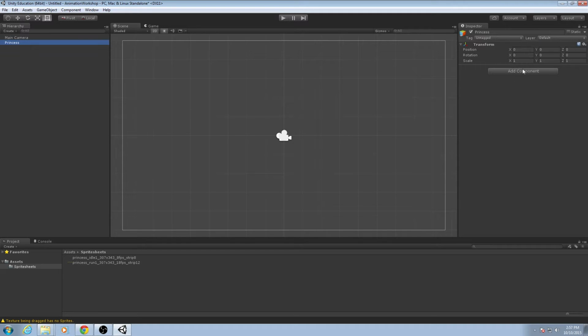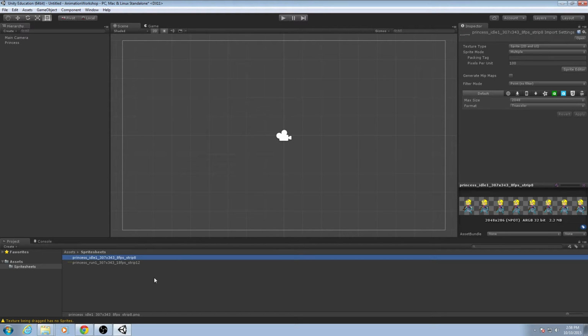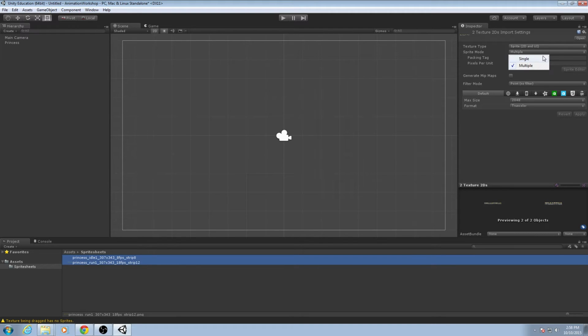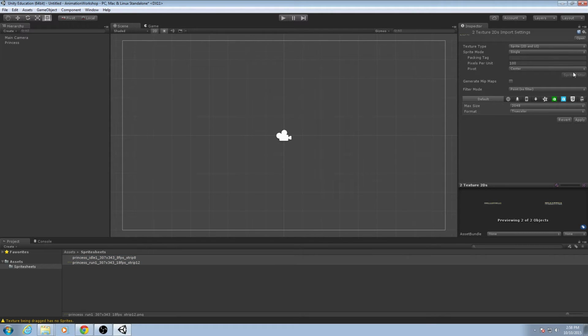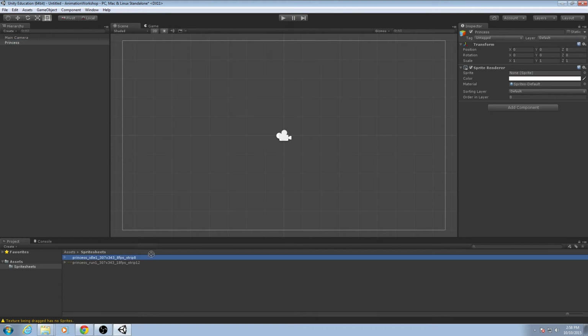Starting at 0, 0. And the component we're going to add to it is going to be under rendering, sprite renderer. So this sprite renderer component all it does is render a sprite. We'll change this to single sprites for now, so that we can play around with them just as giant images. Later, we'll change them to multiple sprites so we can see the differences between them. But we'll just drag this out here